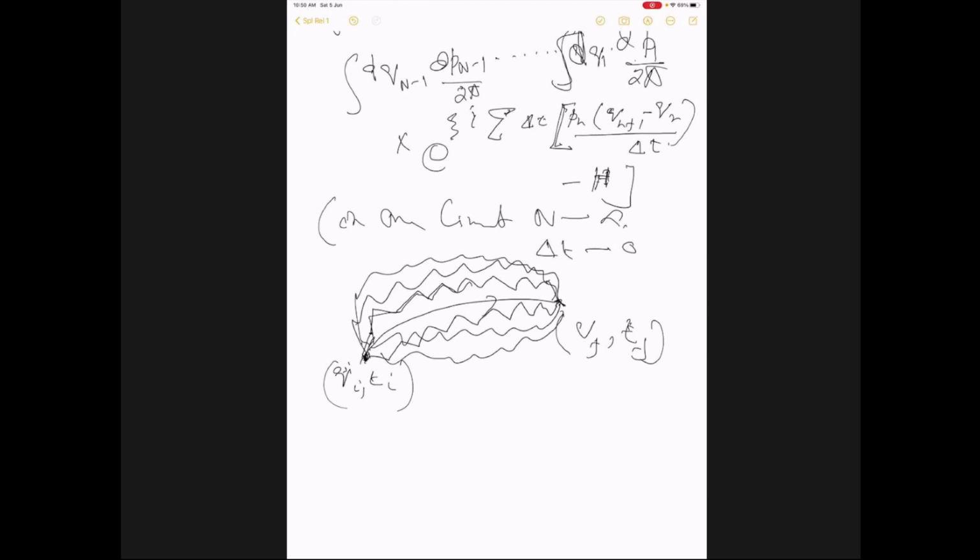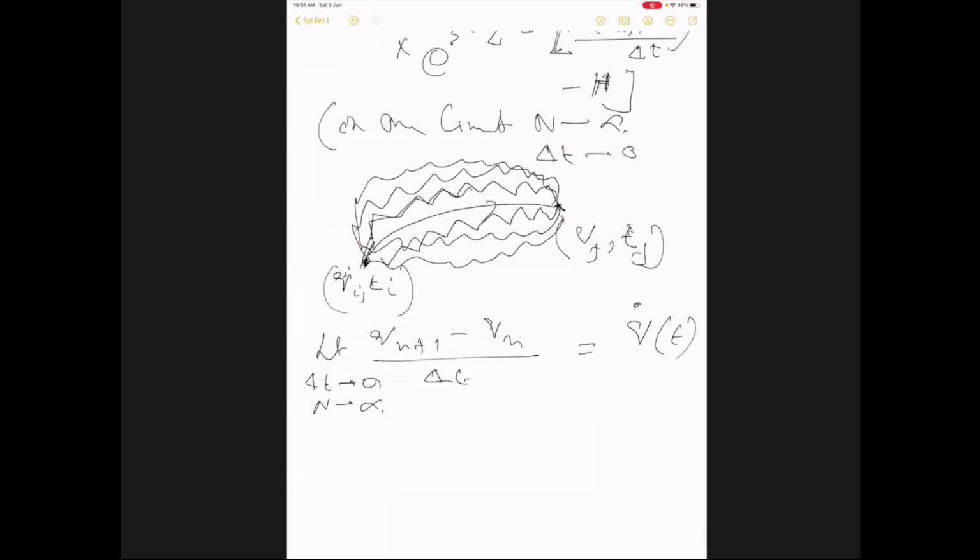So if you now write, in the limit n goes to infinity, (q_{n+1} minus q_n) over delta t, in the limit delta t goes to 0 because I am taking n goes to infinity, this is nothing but q dot, right? This is the derivative of q by definition. So what I finally have arrived at is that